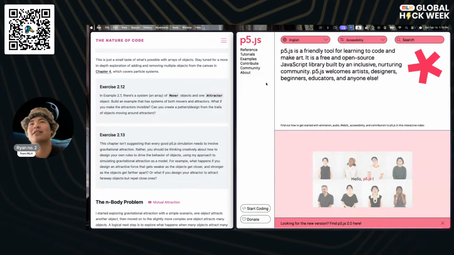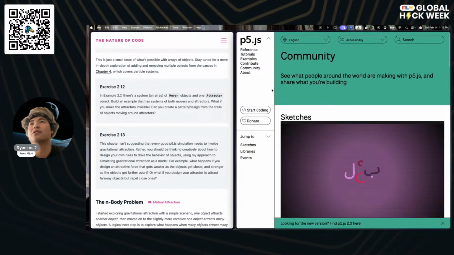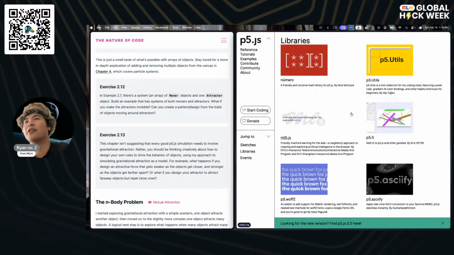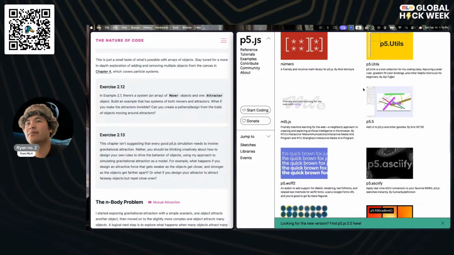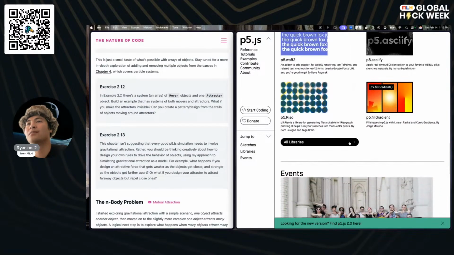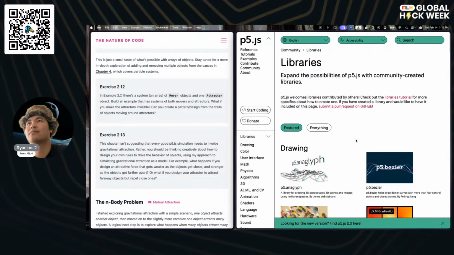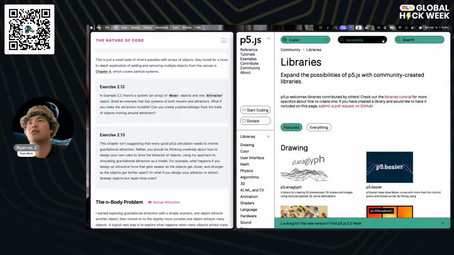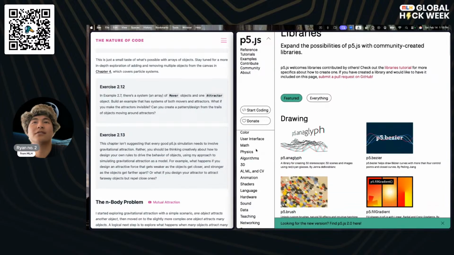Let's actually take a peek at that. I think it's under libraries, contribute, examples, tutorial, reference, community. Maybe it's under community. Yeah, here we go. Libraries, all libraries. Where is it?